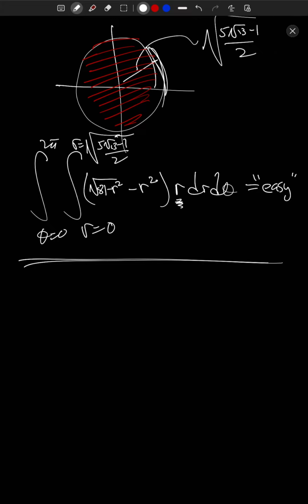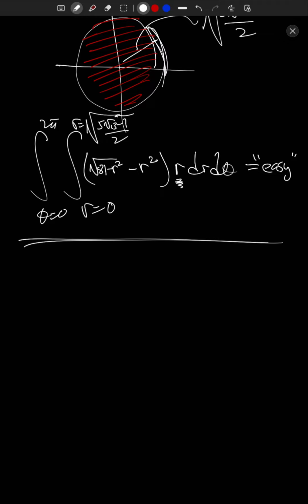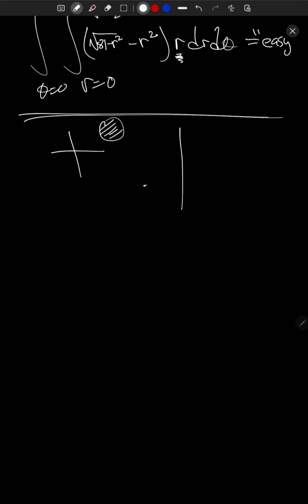Let's do a couple more examples. So I said pretty much we'll be restricting our use of polar coordinates for when we're integrating over stuff like circles or parts of circles. When I say that, I mean circles about the origin, because a circle that's not about the origin is not necessarily easily described by r and theta. So a circle, just a random circle out here, is definitely not easily described in terms of r and theta. However, there's one exception to this where we have perhaps a circle here